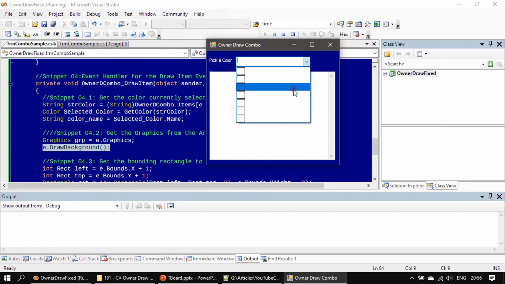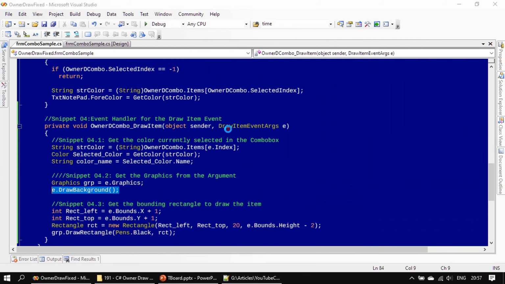We will do that in the next coming video. We will just draw a red bounding rectangle on top of this blue background. Alright, so tile is ready. In the next video we will do the color filling as well as drawing the text item here. Both the operations we will do in the next video. Before that,